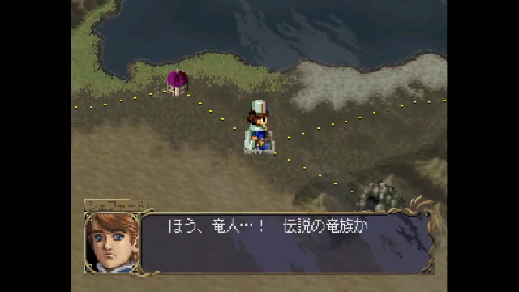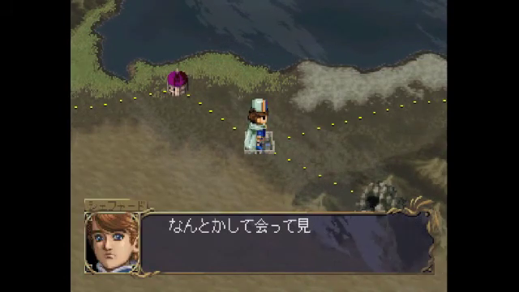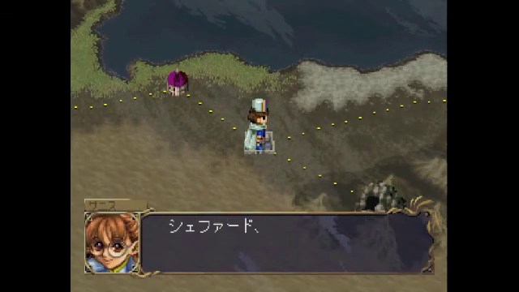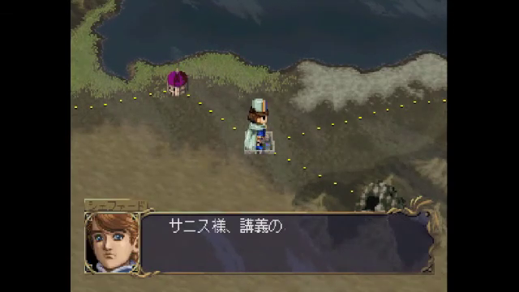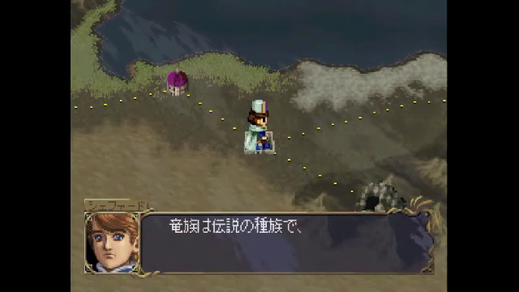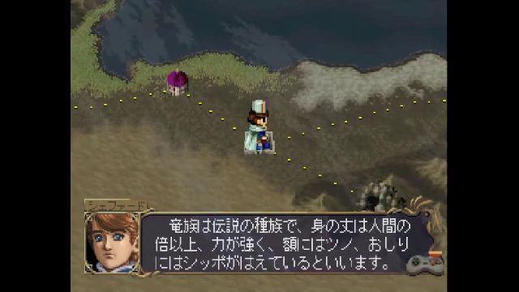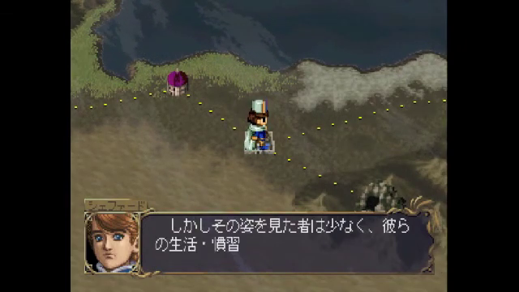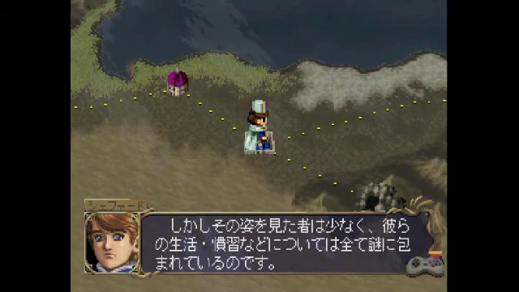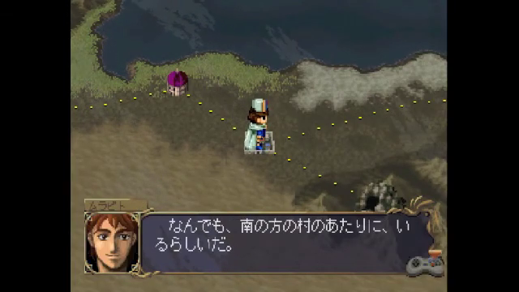Okay, this village is important. If you stop on this village, you'll talk to this villager, and he's basically telling you that you should meet with Kinsera. And Kinsera is a very strong general according to him, but he's not actually human, he's one of the dragon race. And he is in fact the only dragon person that you can recruit